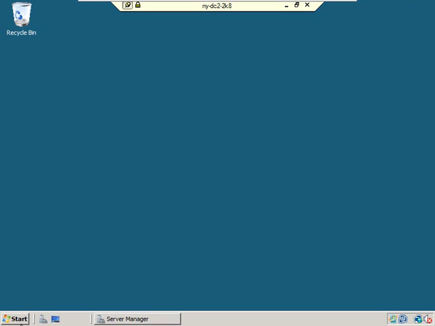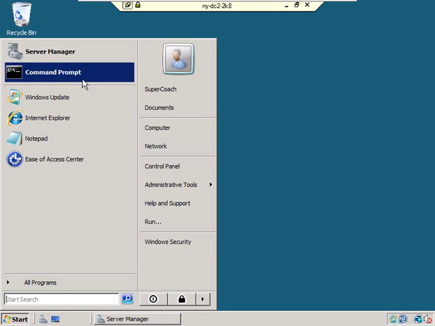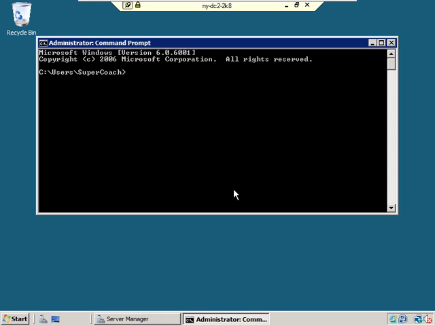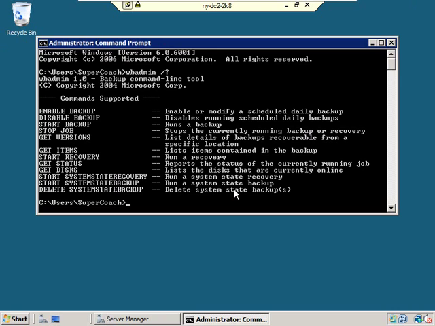Alright, so what we're going to do next is go into the command line and do that WBAdmin stuff. Okay, so let's open up a command prompt here. What we're going to do is create the system state backup next. So real quick, I'm just going to do a WBAdmin /?. Now what that's going to do is provide me with all of the commands that are available within WBAdmin. So now what we want to do is a start system state backup. That's what we want to happen here. So let's do WBAdmin start systemstatebackup